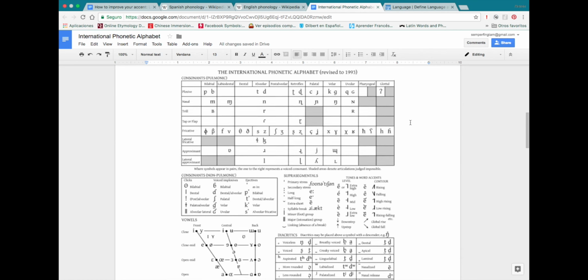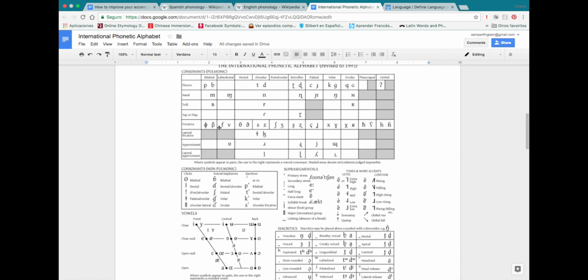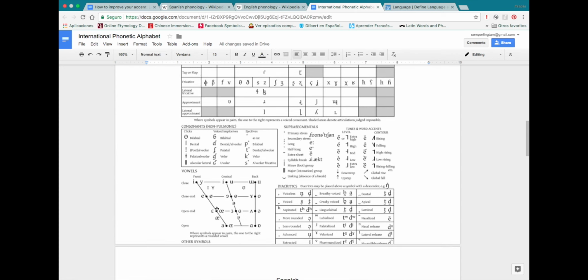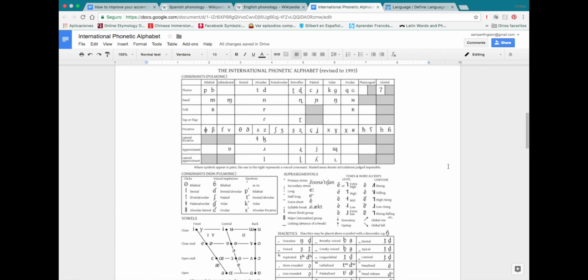So this here is the IPA, and as you can see, there are a ton of different symbols. Some of them you should be familiar with, like p, b, t, d, n. And some of them you might not be familiar with. Like this, you've probably only seen if you're in a sorority or something, or if you're learning Greek. You have a bunch of different vowels down here, like a and a and e. Now, I don't want you to feel intimidated by this chart because there's so many letters in it. In order to make use of this chart, you really only need to learn a small percentage of